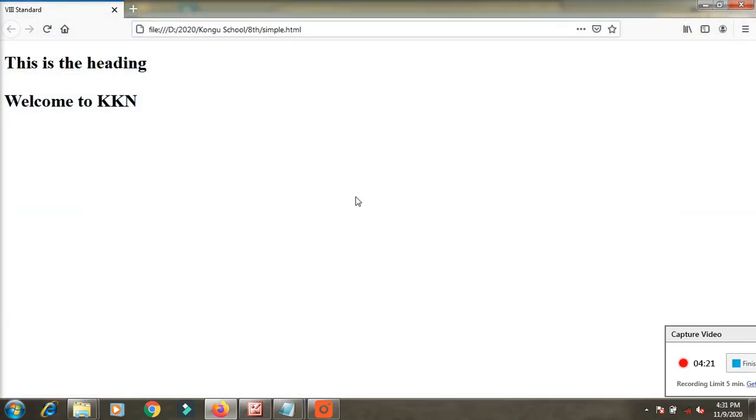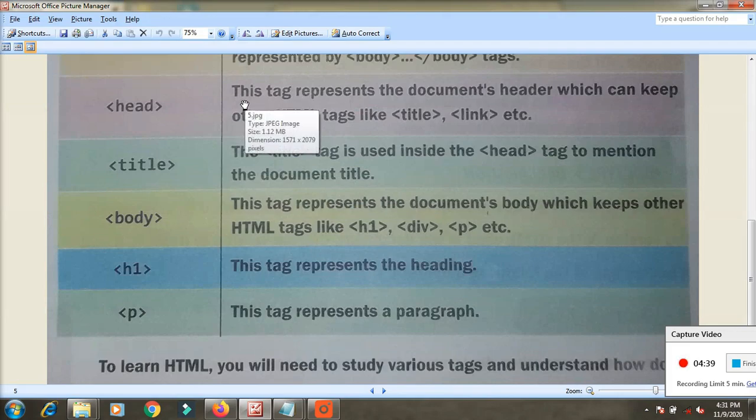This is the HTML page. The words 'Welcome to KKN' are changed to blue color sometimes. If it is like this, when you click the 'Welcome to KKN' words, this page connects to another page. That is called linking. For the linking purpose also, the head tag is used.